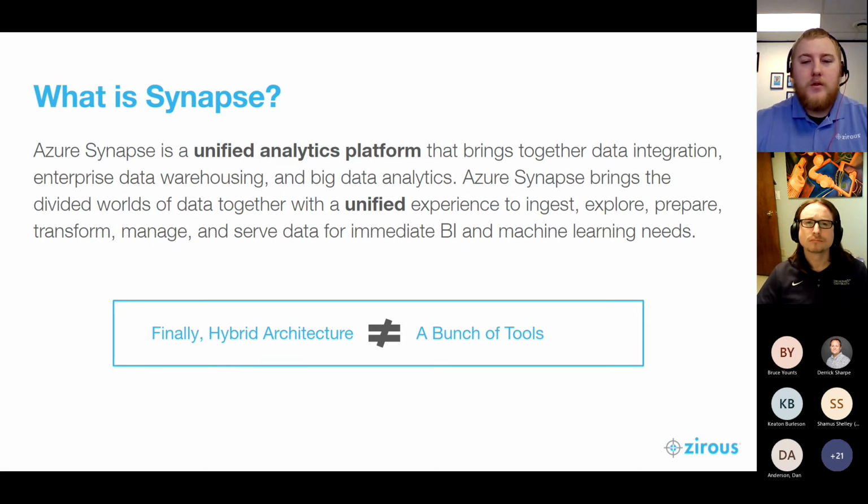This is where your current or future data scientists will want to be able to explore as well. So now you've heard a little bit about the data quadrants. Let's talk about why we are all here today, and that's to learn a little bit about Synapse and what Synapse is.